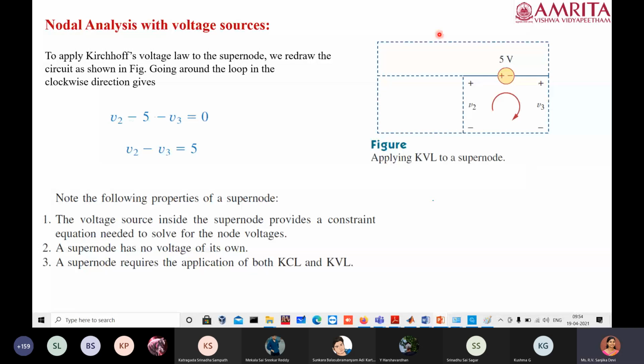I can answer certain doubts, but if you have not clearly understood the previous concepts, even I cannot help. Even for mesh analysis, once we fix the direction of current, we go along the direction of current, and whenever there is a source, depending on the terminal from where we are exiting, we consider that polarity. For resistances, we assume there will be a drop, so it will always be negative. That is the convention we follow. Please refer back to the mesh analysis on how to write a KVL for the mesh. Okay, I will move forward.